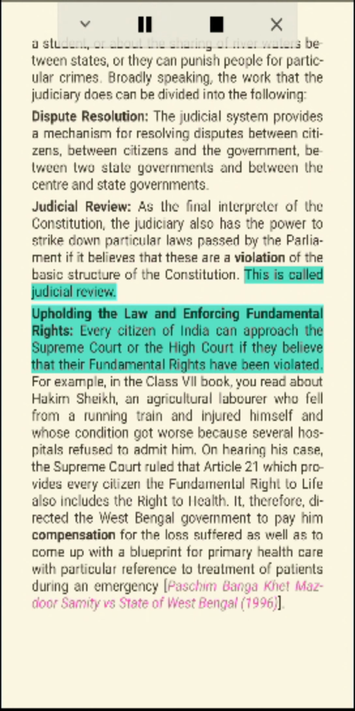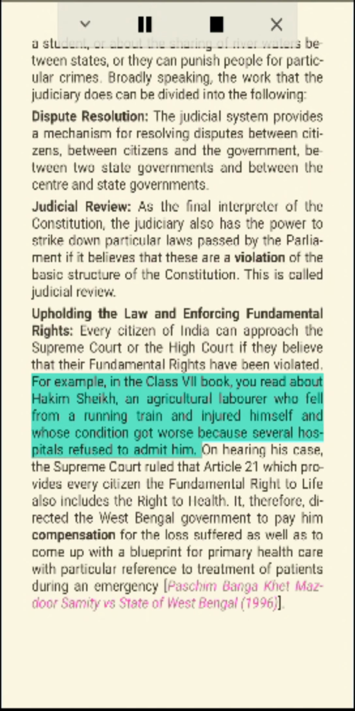Judicial review: as the final interpreter of the Constitution, the judiciary also has the power to strike down particular laws passed by the Parliament if it believes that these are a violation of the basic structure of the Constitution. This is called judicial review. Upholding the law and enforcing fundamental rights: